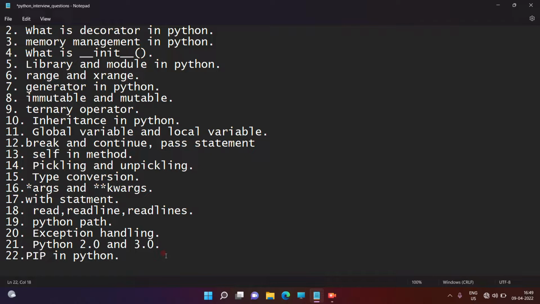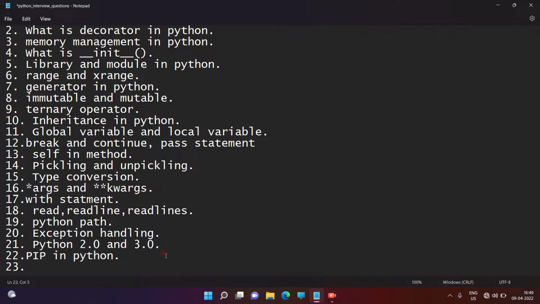So where will we execute this pip command? We will execute this pip command in our terminal, in our command prompt, right guys? For performing this command, we first need to set the Python environment variable path. Without setting this path we cannot execute the pip command, right guys? So it's clear what pip is. So next question, 23rd question.